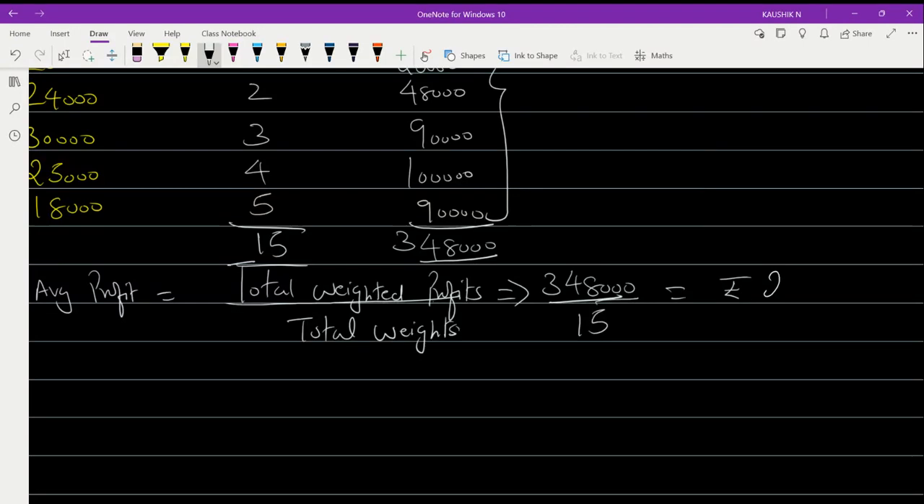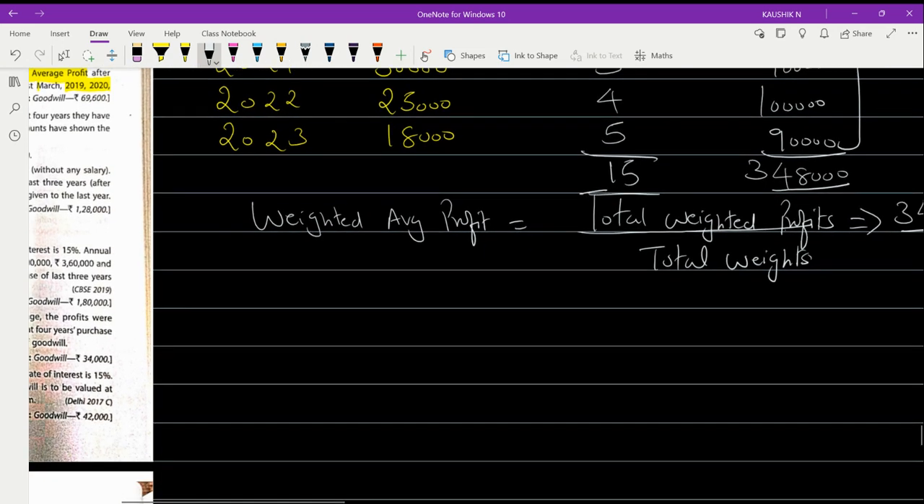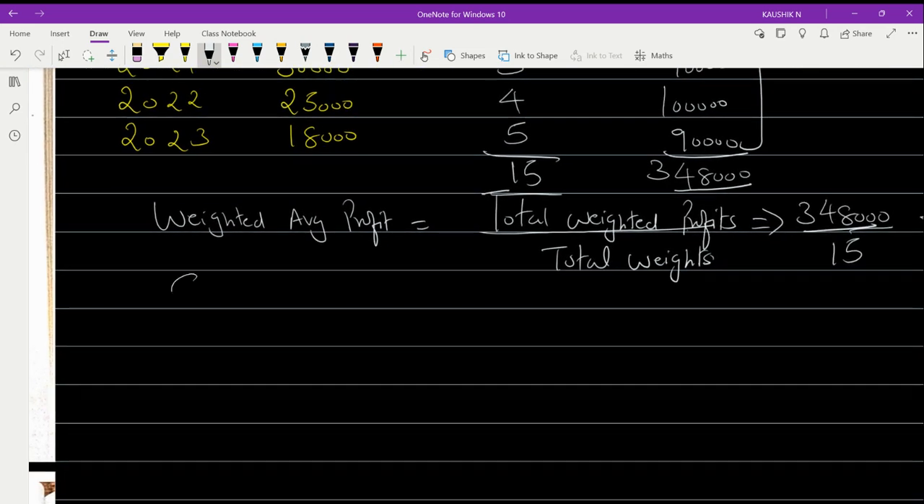23,200. Very good. This is your weighted average profit. Now only you are going to declare the goodwill by substituting in the goodwill formula. So goodwill is equal to your weighted average profit